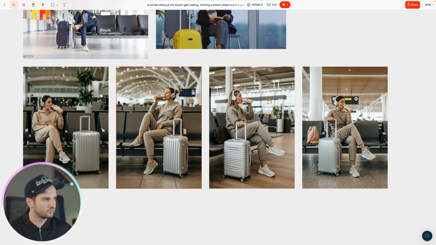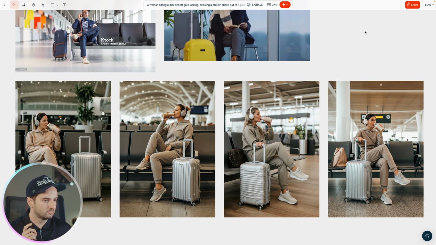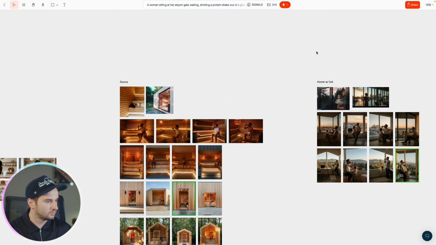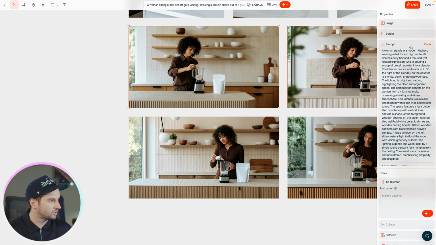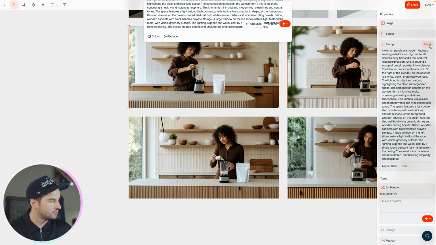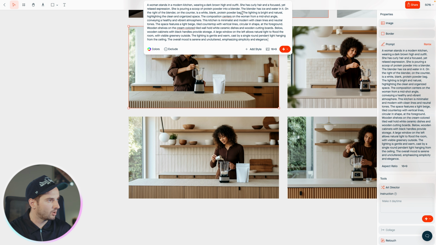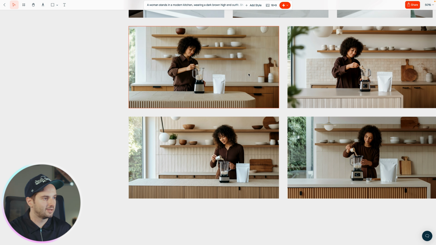Okay, I think it's a good first step here. So this is not bad. I think it's cool. I want to jump to the first image here to actually get some of the lighting better. So we actually have lines here about the lighting and the composition. So I'm going to copy this and add it